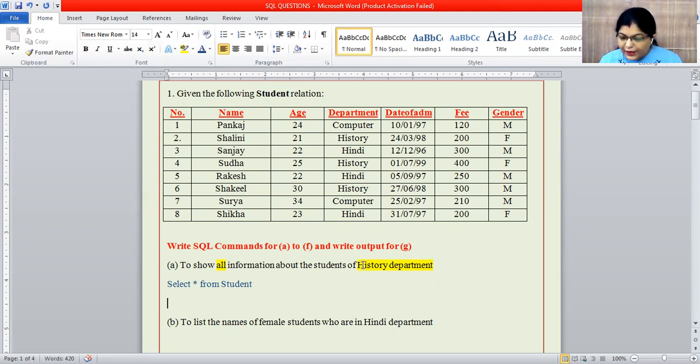Now the condition here is that it is the history department. This is one condition, and whenever you want to write a condition, you have to write a where clause. Where history department. Just see here, history is in the column department. So we write the column name: where department is equal to history.